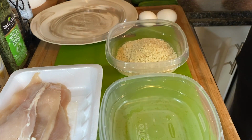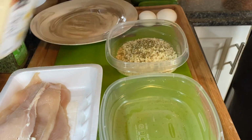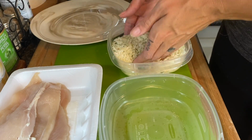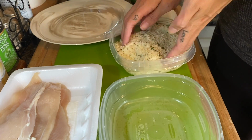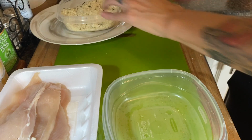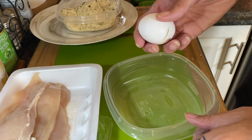Now for the chicken, it's super simple. I am just going to add my panko breadcrumbs and season them with basil, oregano, and some dried parsley. And I'm going to use equal parts shredded Parmesan and equal parts breadcrumbs. So I just had a cup of each and I mixed them all together just to get ready to dip